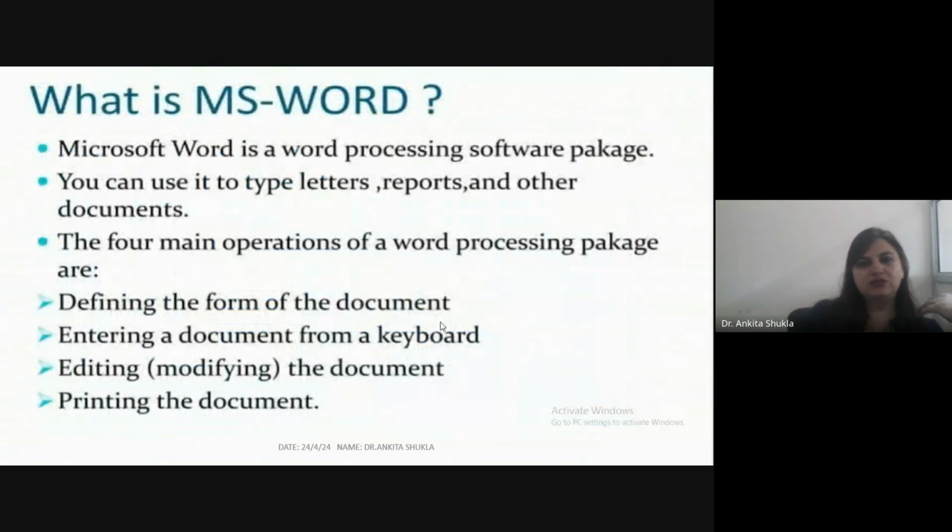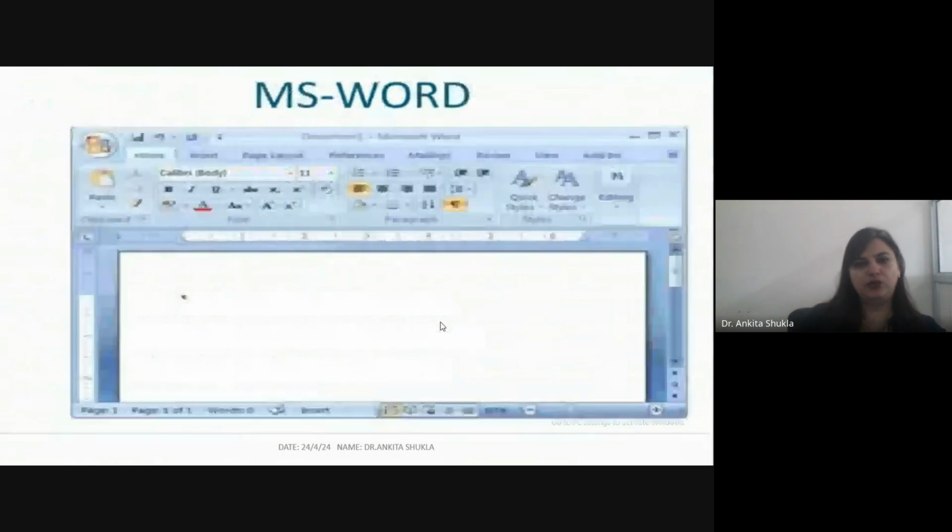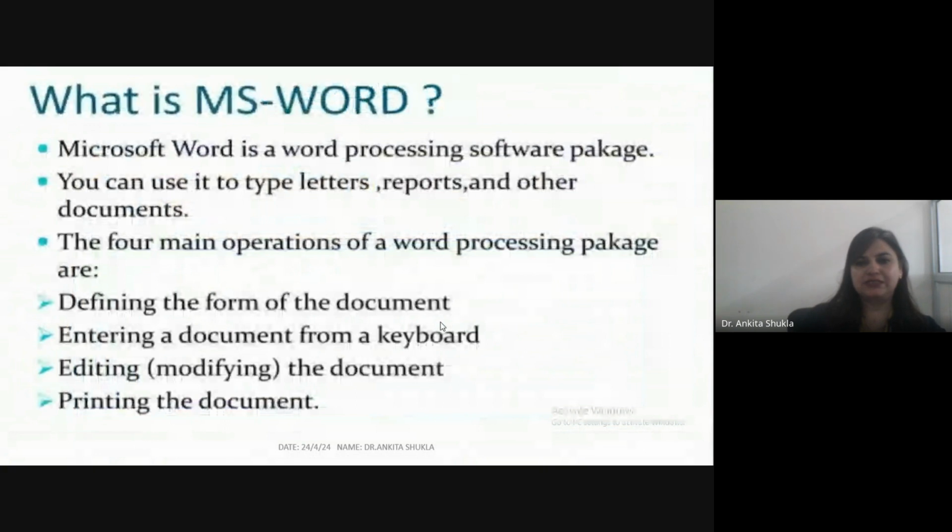Firstly, when we are using Microsoft Word, you can create the document and edit it later as and when required by adding more text, modifying the existing text, deleting, or moving some part of it. So changing the size of the margins can reformat the complete document or part of the text. Font size and type of fonts can also be changed. Page numbers and header and footer can be included.